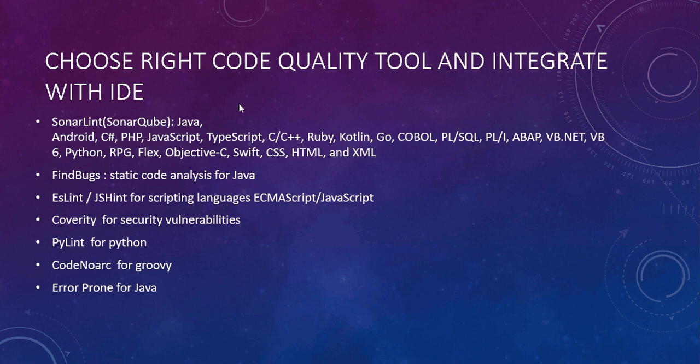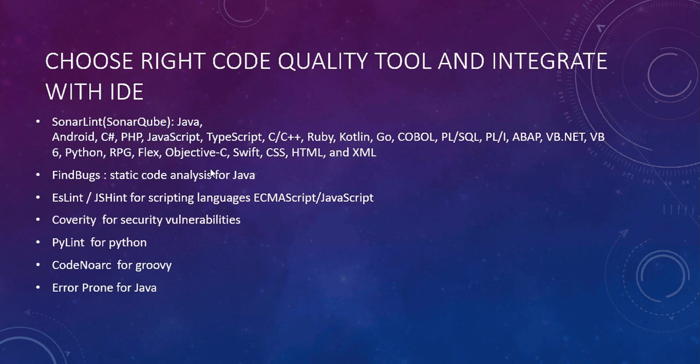So identify what is the IDE you have chosen, and then what is the language or the application you are developing. Based on that, you can find any one of the suitable code quality tools and integrate it in your development environment, so that it will help you to identify the bugs during the development phase itself. Okay, so identifying them in the developer phase itself indicates that your productivity is high, because if any issue comes in later stages, it is going to take much more time to fix it.